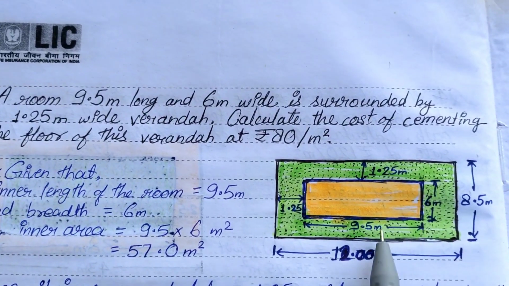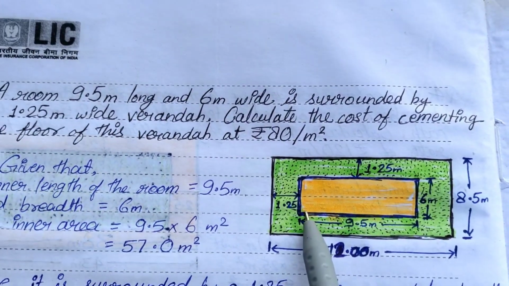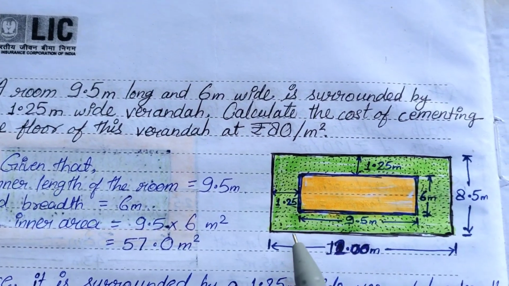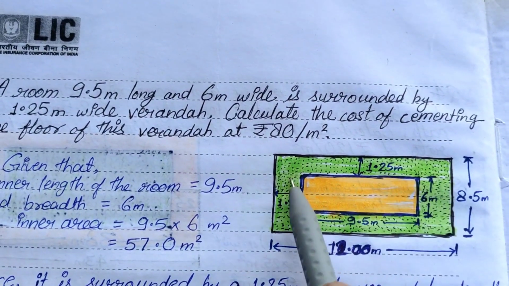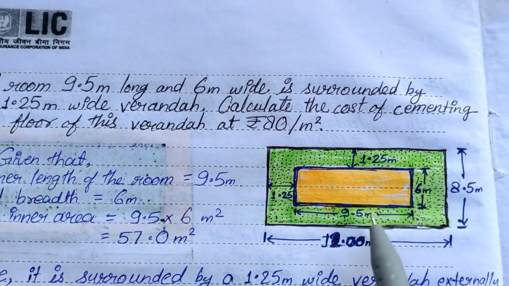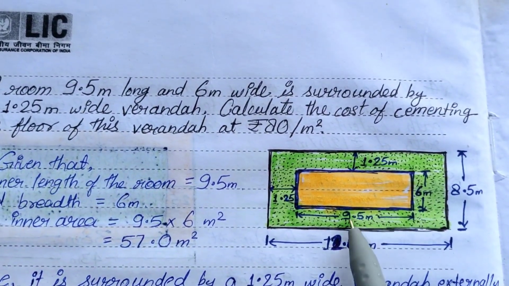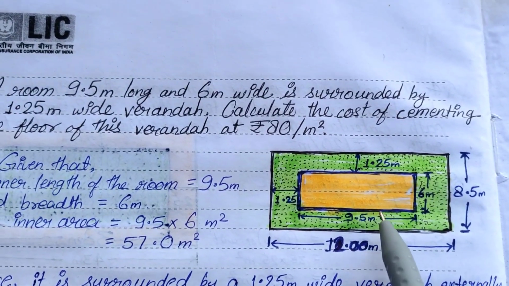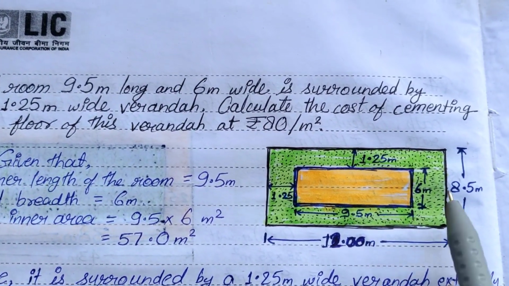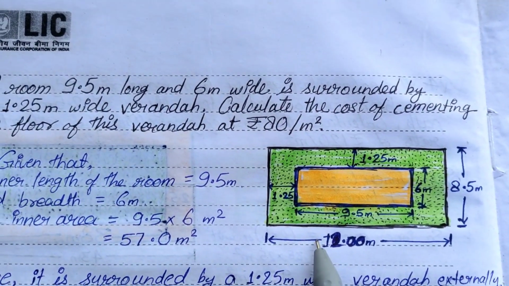So the figure according to this question is, this is the room and this side of 1.25 meter is veranda, or the path is veranda. Now inner length and inner breadth is given, that is 9.5 meter length and 6 meter breadth. So we have to find the outer length and outer breadth. So outer length is equals to,